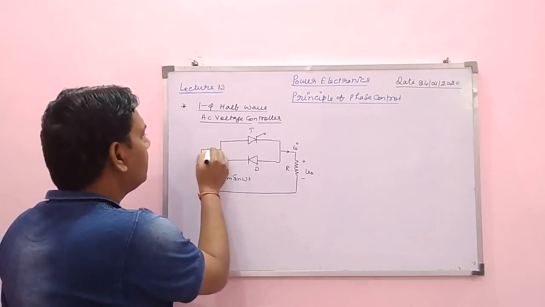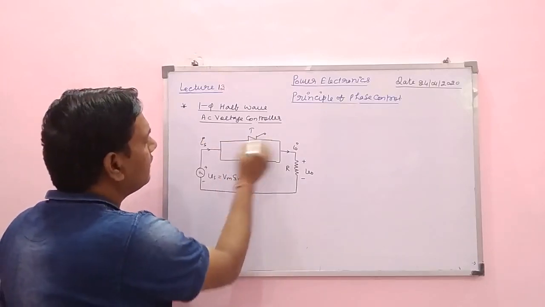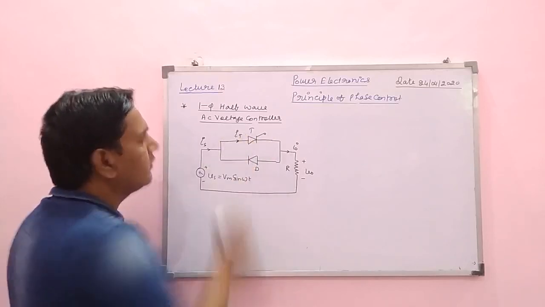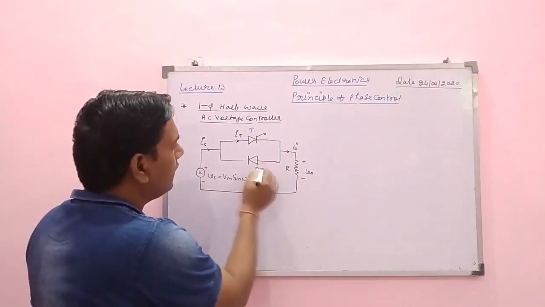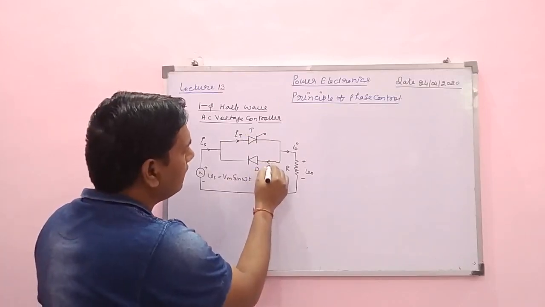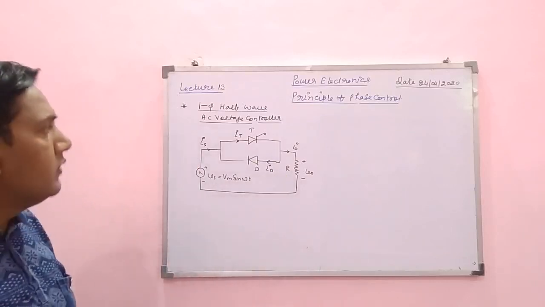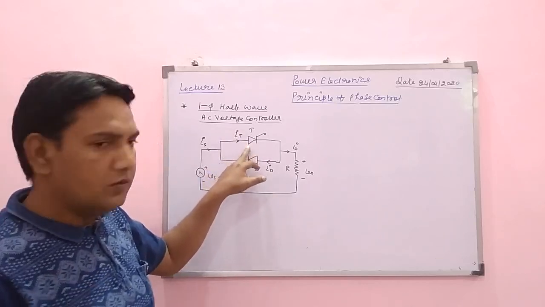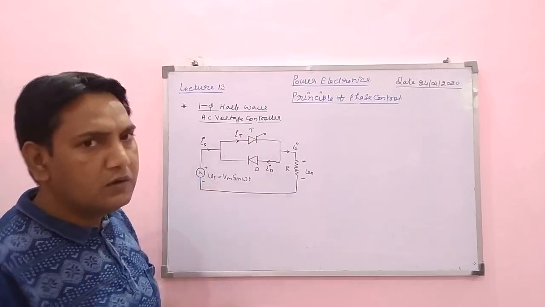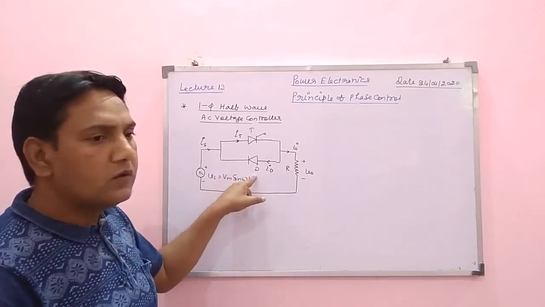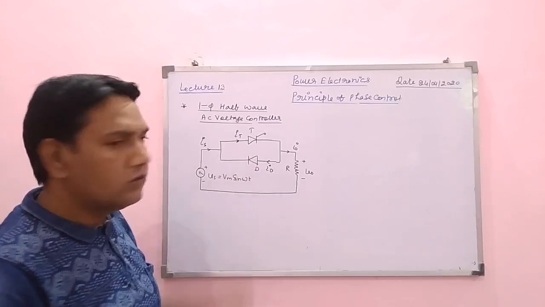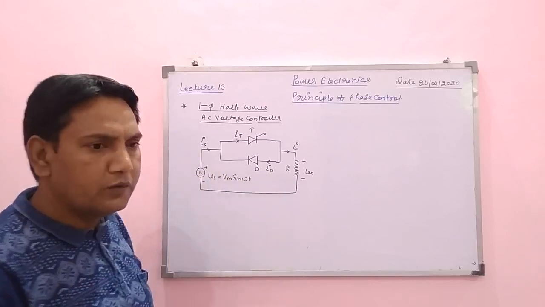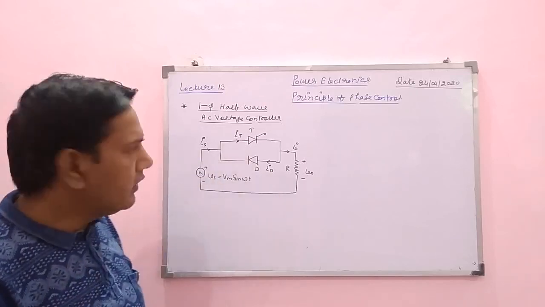You know that this will be the supply current Is, and this thyristor will allow the current through it from anode to cathode, that is the direction of the thyristor current. Similarly, the diode will allow the current from anode to cathode, that is the diode current. So you can see here we only have to control the positive half cycle of the supply voltage. That's why we are using only one thyristor. We are not controlling the negative half cycle, that's why an uncontrolled switch is connected here, and it will act like a closed path only, it would not control the negative half cycle.